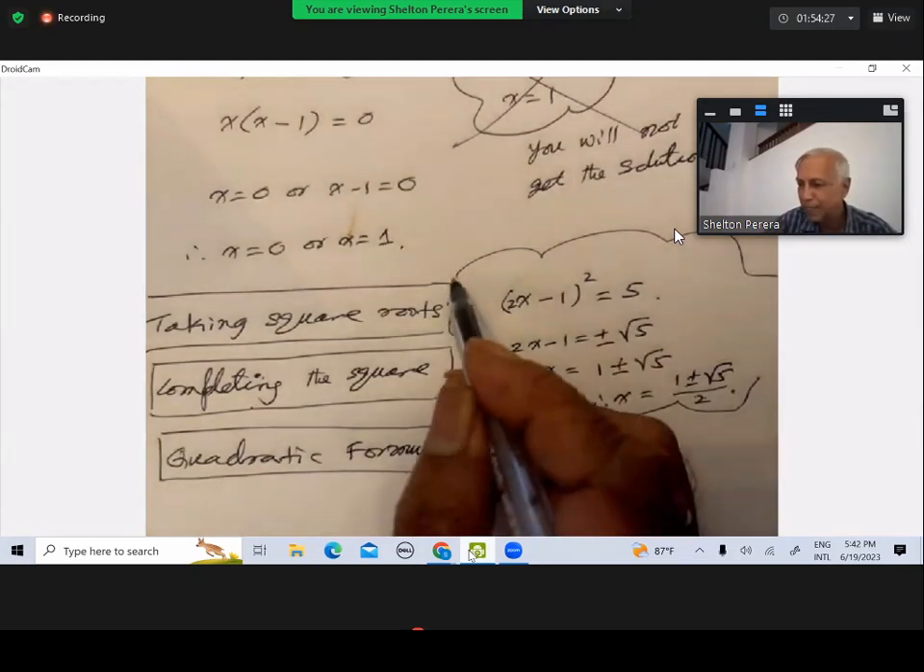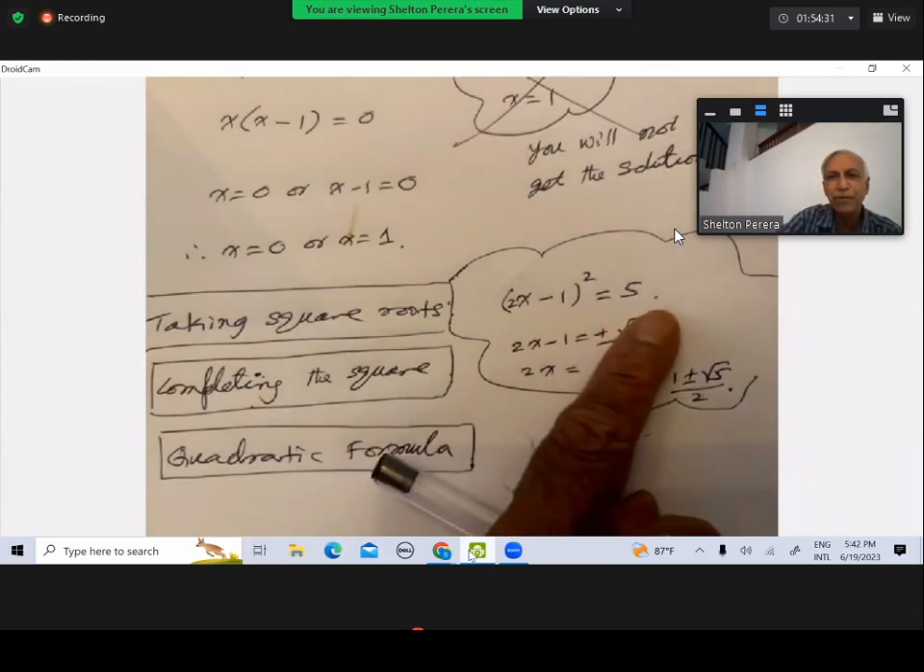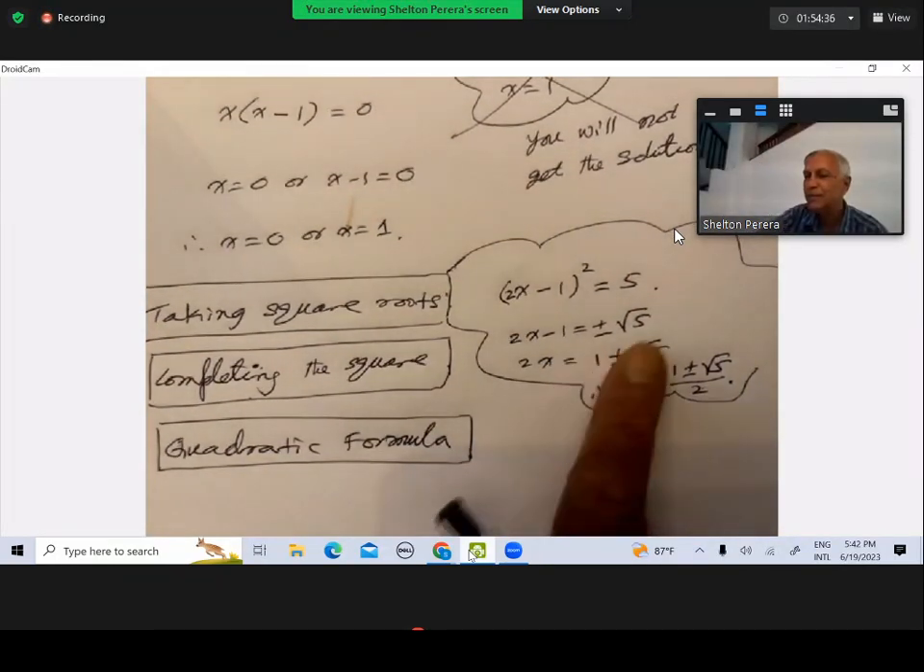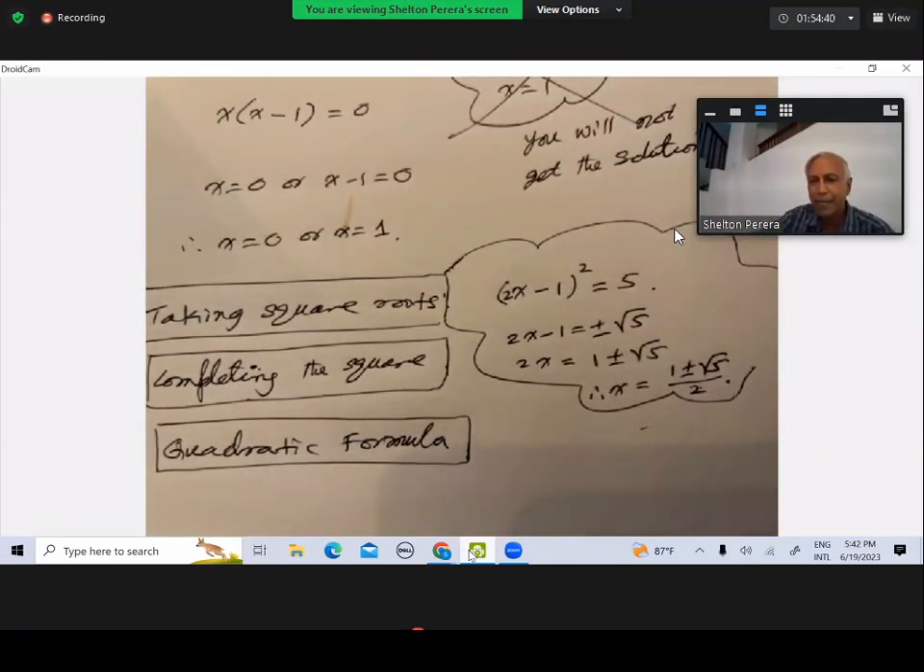So I just talked a bit about the taking square root method. This is that. If the equation looks like this, don't do anything. No factoring, nothing. Just take plus or minus the square root of the other side and write down the answers. Completing the square,